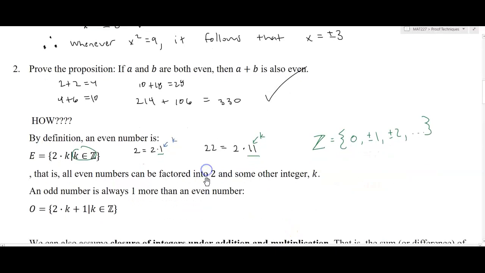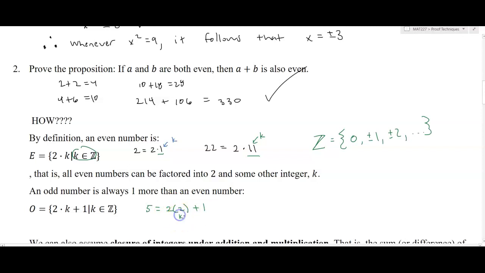An odd number, we'll also define that here because we'll work with those as well. The difference between an even and an odd is plus or minus 1. Now, it could also be that an odd number is an even minus 1, but for simplicity, we'll just stick with the plus 1 convention. So if you double a number, for example, and then add 1 to it, it's going to be odd. In a similar sense, if I write 5, for instance, well, that's equal to 2 times 2 plus 1.